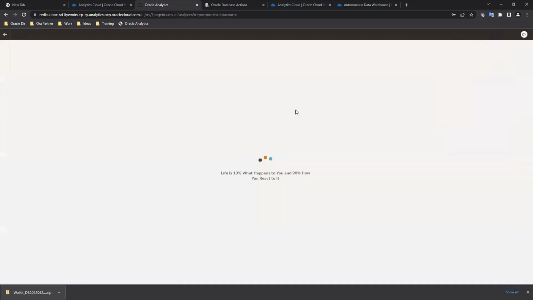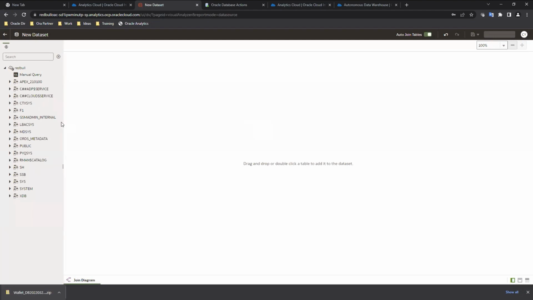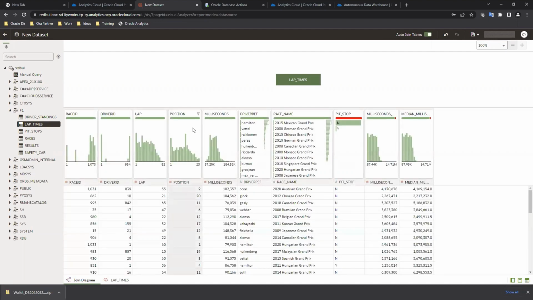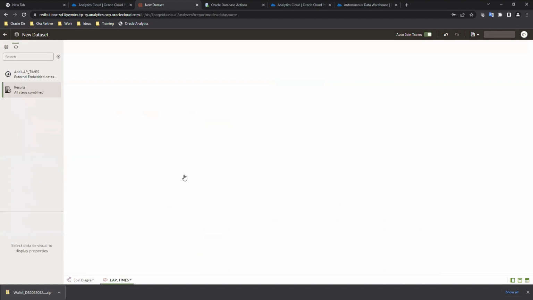Again, we repeat the same process, click on the Red Bull connection, go into the F1 schema, and you see we have the lap times. Again, do the similar approach, drag and drop. And this time, Oracle Analytics would profile your data inside lap times, doing the same actions as it did for the earlier data set. You can now see a bunch of columns like race ID, driver ID, and so forth. Eventually it comes to a point where, again, we would want to readjust the data because the initial settings might not be